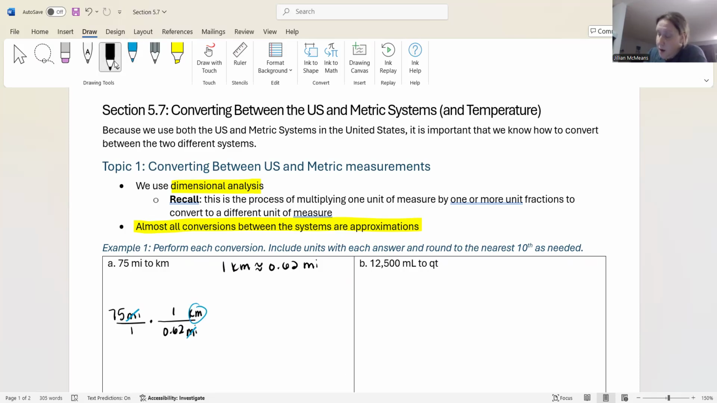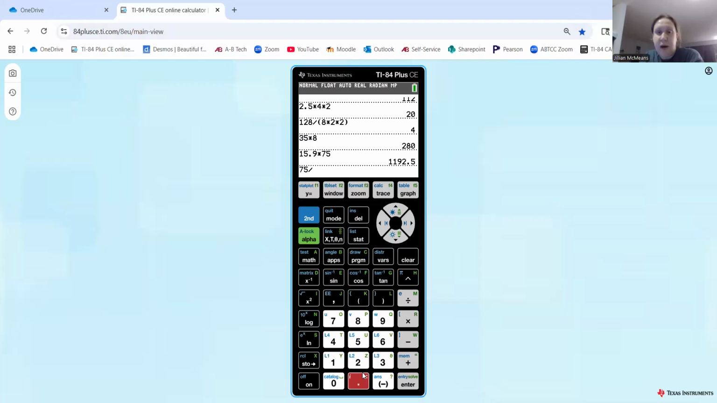When we clean this up, we get 75 times 1 kilometer divided by 0.62. And we can let the calculator do the side work. These are all going to be sort of nasty answers, so we're going to use the calculator a bit more here. So 75 divided by 0.62. And remember, the directions said round to the nearest tenth. That means we want one decimal place in our answer. So I get